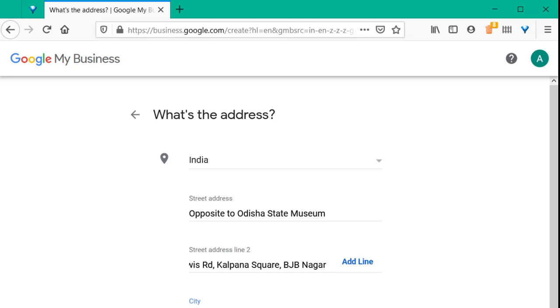Then the city, I am putting here Bhubaneswar. Pin code 751014. You put it based on the address of your location. State, Odisha.